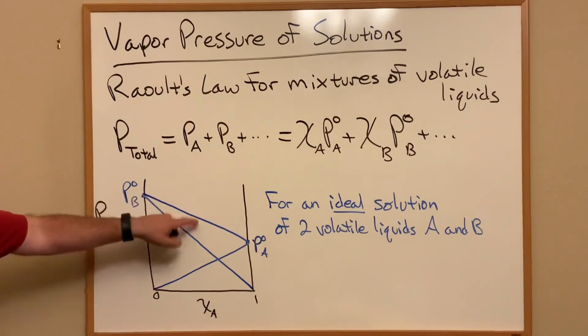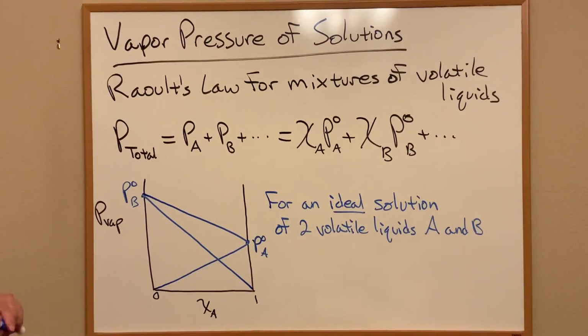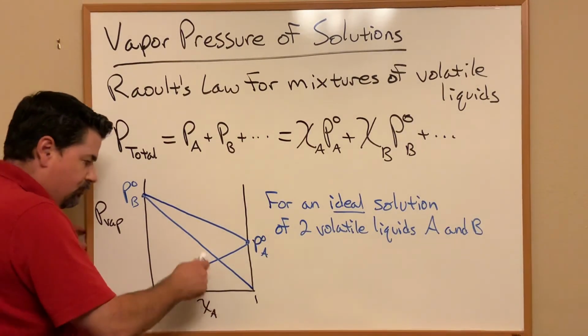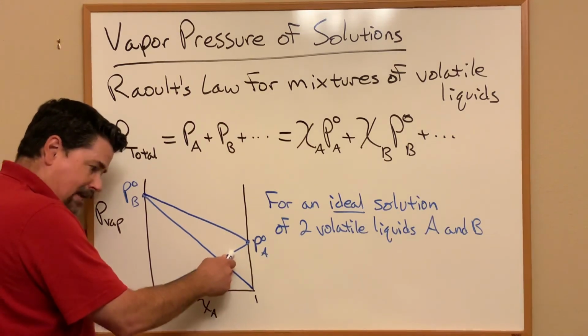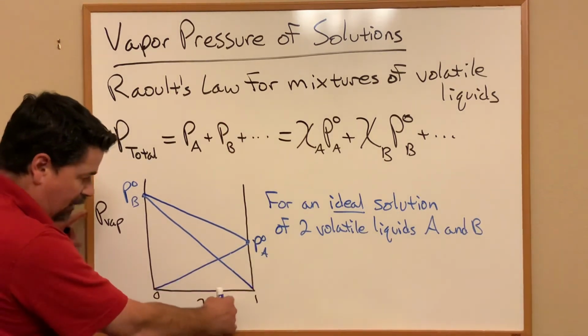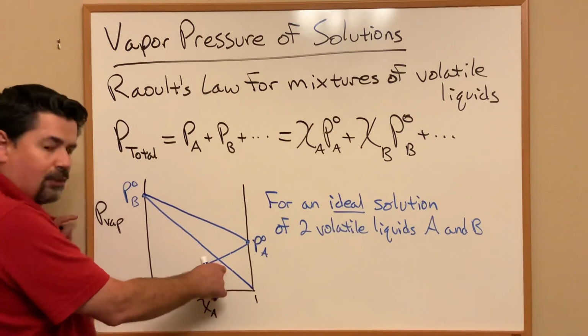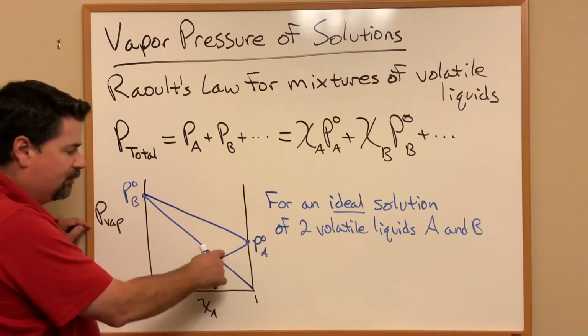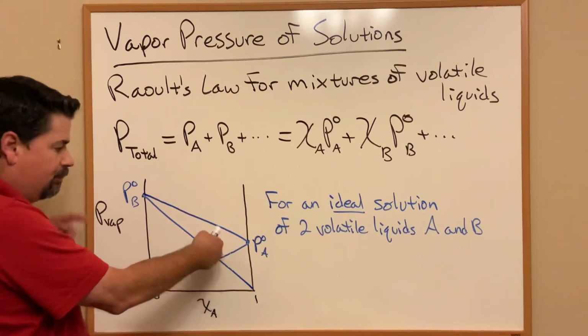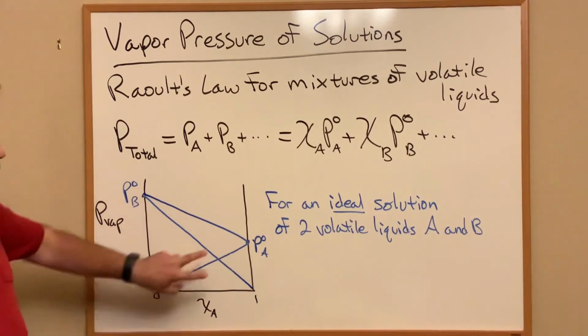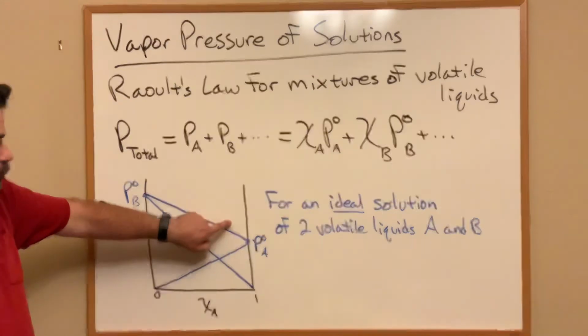So this top line here is the overall total pressure. And it's just the pressure due to A plus the pressure due to B. So if I had a mole fraction of like 0.75, right there, I would say I have that much pressure due to B and that much pressure due to A, the vapor of A, the vapor of B. And those add up together to give us this